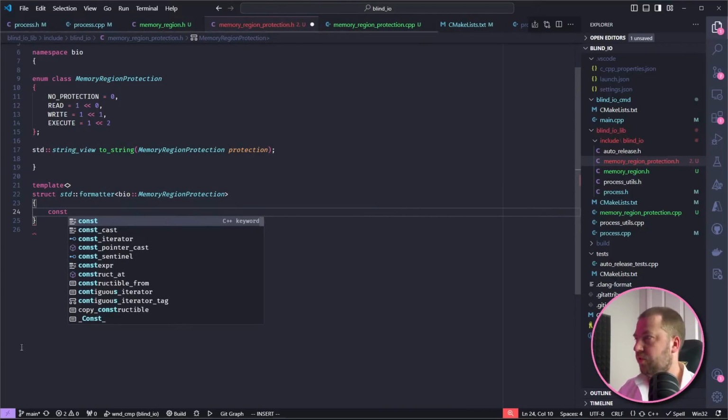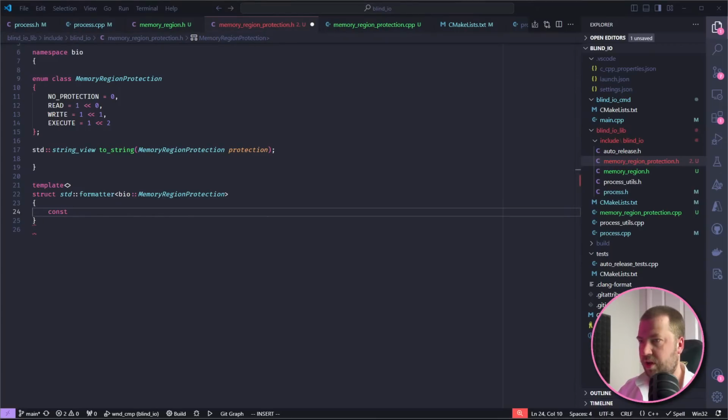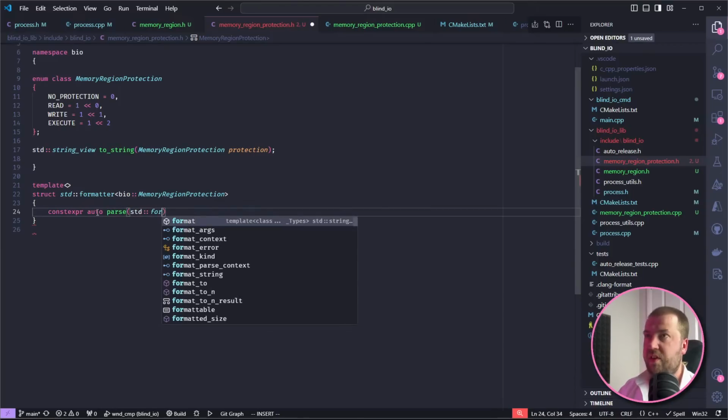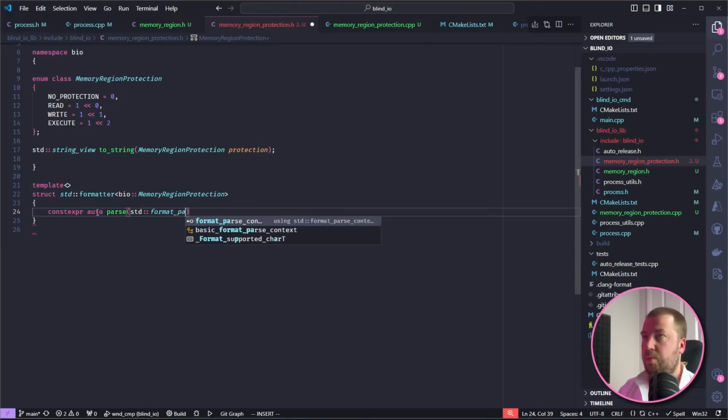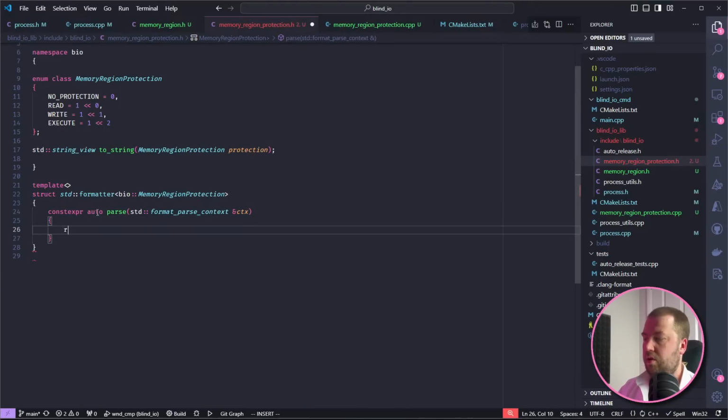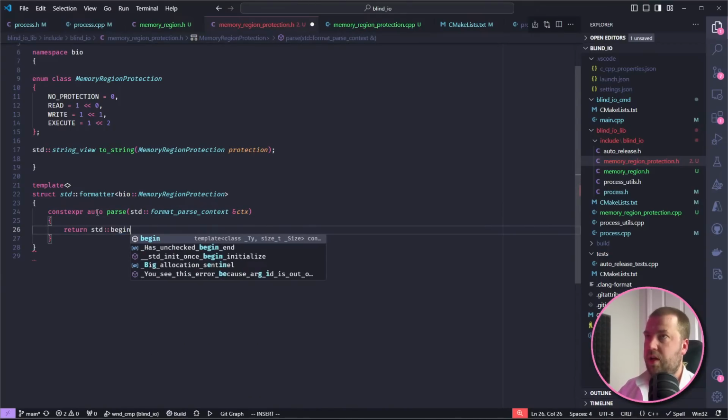Let me check. I've got some notes on this somewhere because I've done this before. Here we go. Right, constexpr auto parse, and then whatever this is, format parse context ctx, and then you have to do the really weird return ctx.begin.